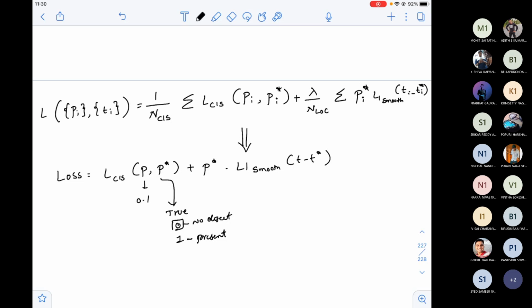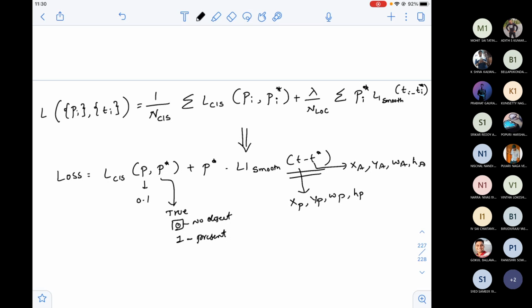Okay, so after this, the next equation that you see here is T minus T star. What is T here? T is basically the 4 parameters of the bounding box: x, y, w, h, maybe I'll write it like this, x predicted, y predicted, w predicted, h predicted. Then what is T star? This is x actual, y actual, w actual, h actual. Now you're just taking the difference.